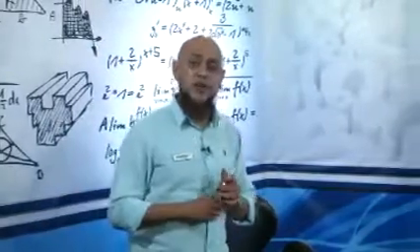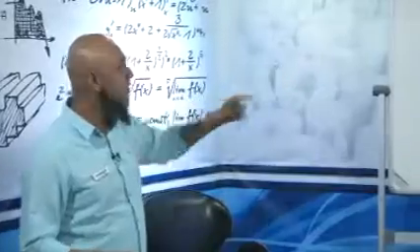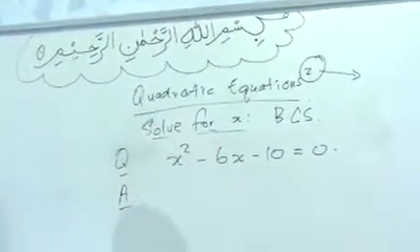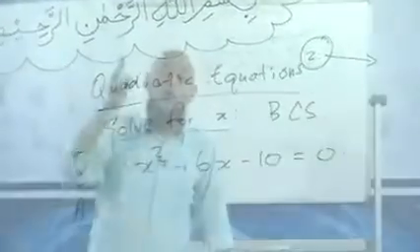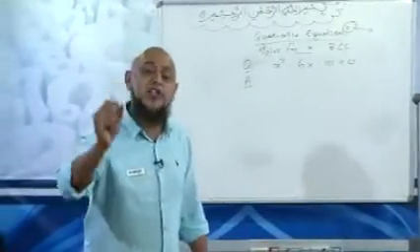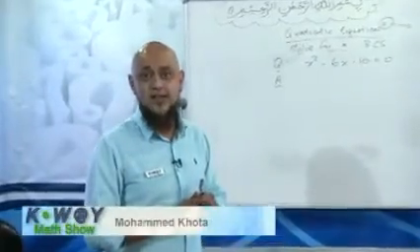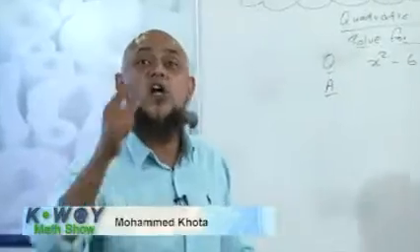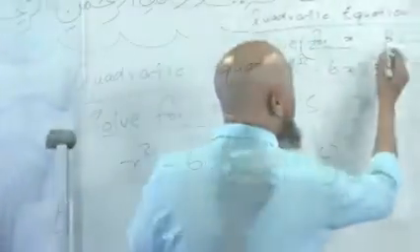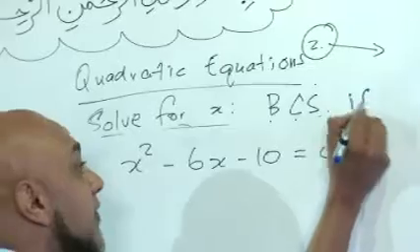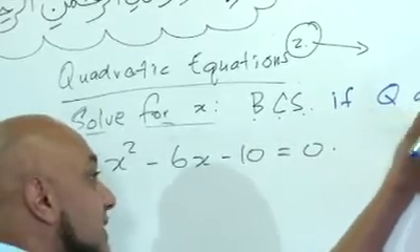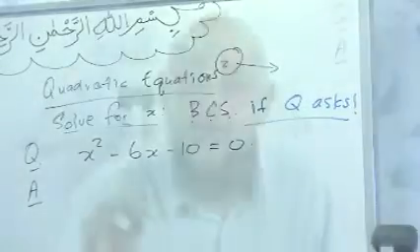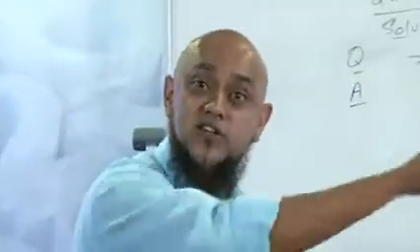Where did we break off before we went for ad break? We said we're now going to be doing quadratic equations by completing the square. Now remember, I'm going to tell you something and you need to listen to me. You only complete the square if the question asks. If the question does not ask, you either factorize as normal or you use the quadratic formula. And the question will explicitly state in the exam, solve for x by completing the square.